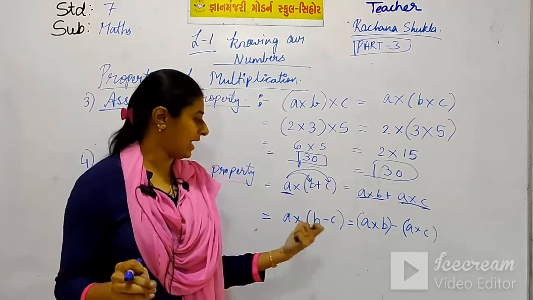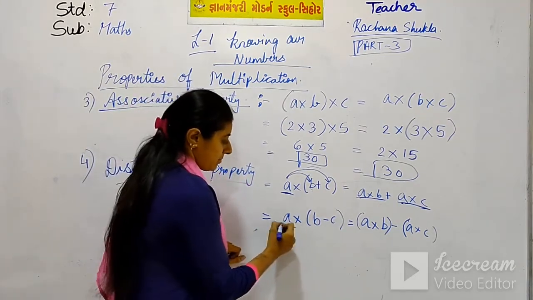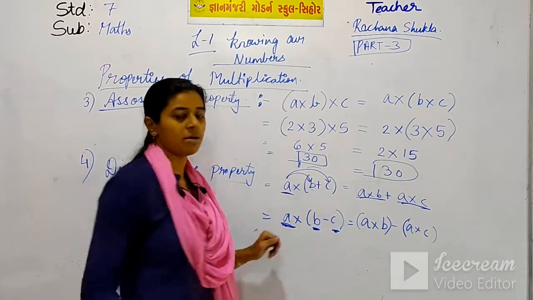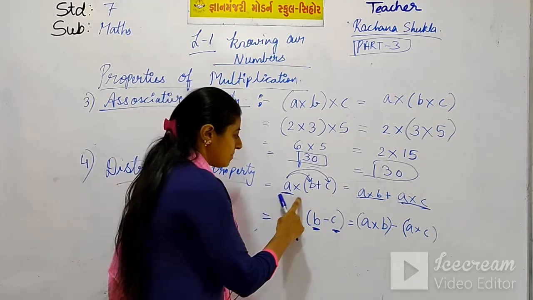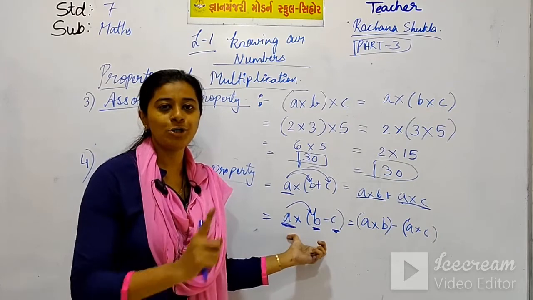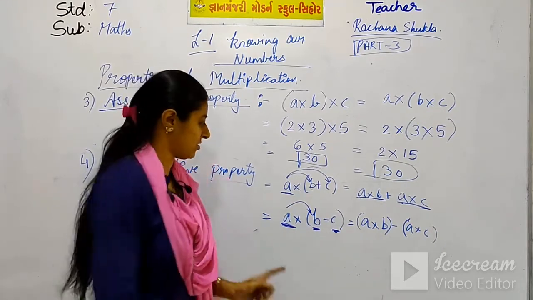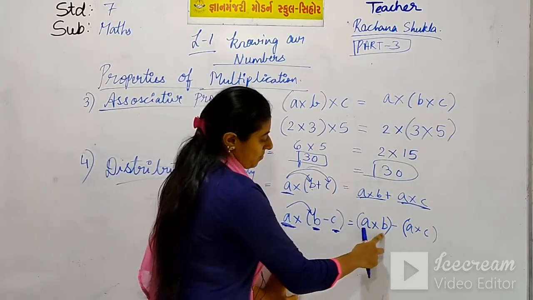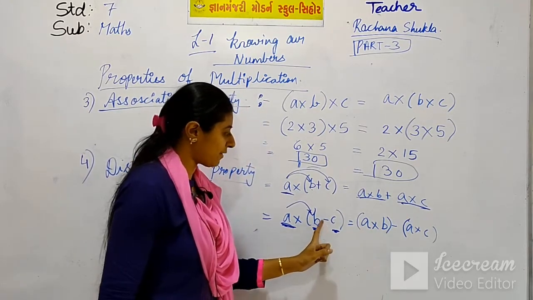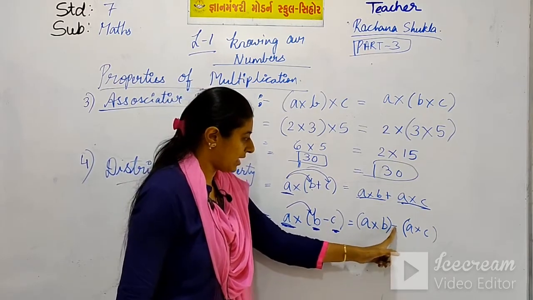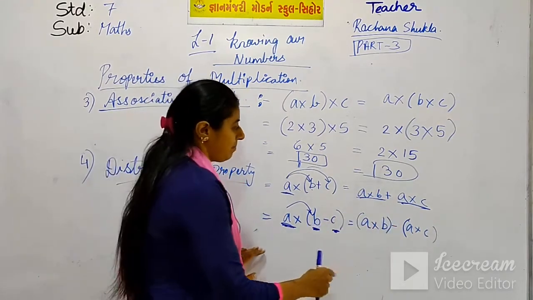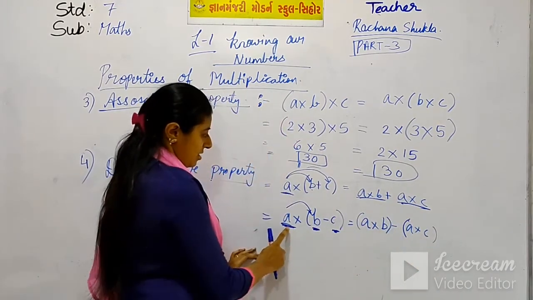Once again, with the negative sign. A is your mother, B is you, C is your brother or sister. This mother will go with you first to your classroom to meet your teacher. A into B. If there is a negative sign in between, you will put a negative sign. If there is a positive sign, you will put a positive sign. Then A into C.